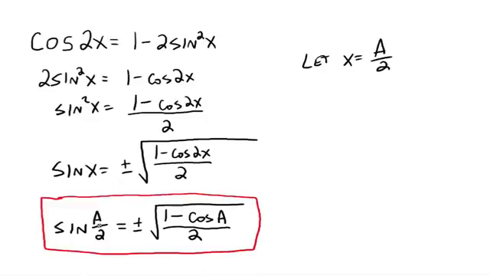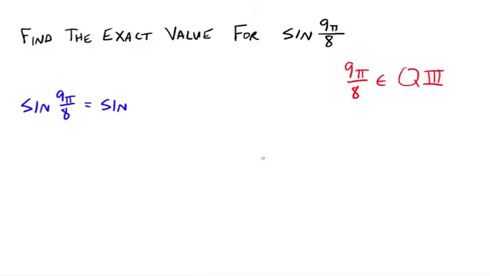That's what this is saying. We want some angle divided by 2. So we say, alright, 9 pi over 8. Well, that could be written as 9 pi over 4 divided by 2. Everybody see that? All right, well, now we have the so-called A value, and so we can plug it into